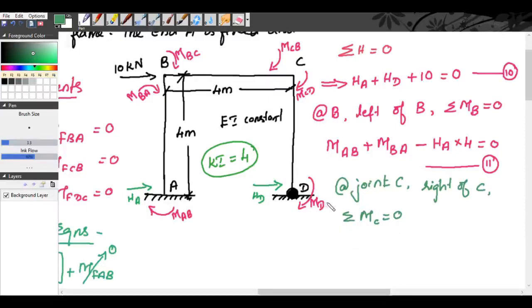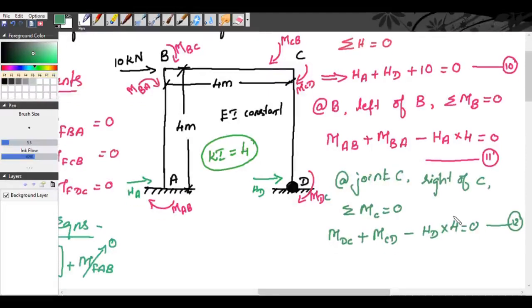this is MDC, we get MDC positive clockwise plus MCD clockwise, HD into L is anti-clockwise. So minus HD into 4 is equal to 0. This is our equation number 12. So solving all these 12 equations, we get,